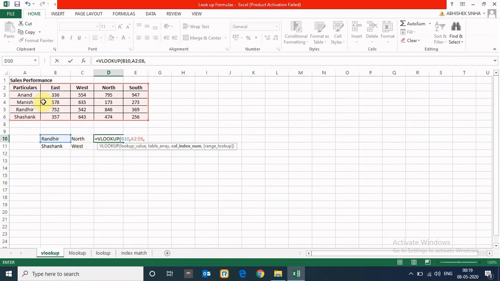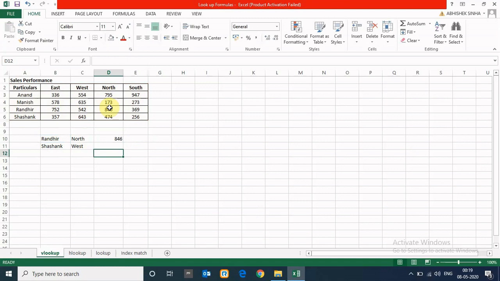So Randhir north detail from left side is 1, 2, 3, 4. Including the particular column, it's fourth. So I have to put here 4, and after column number there is range lookup in which we have to show exact match. So we will write here 0. So this formula is complete. Then we will press enter and we will get the result 846.